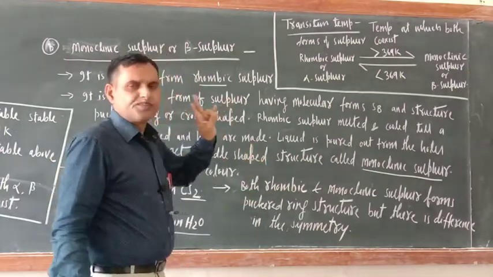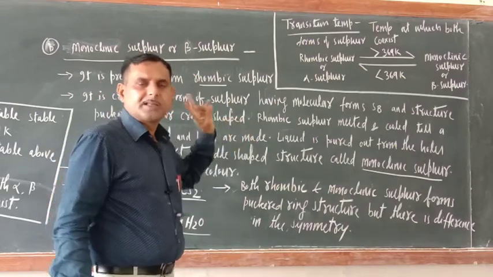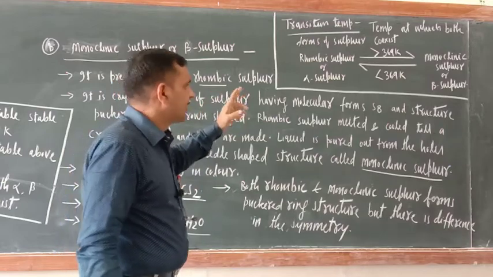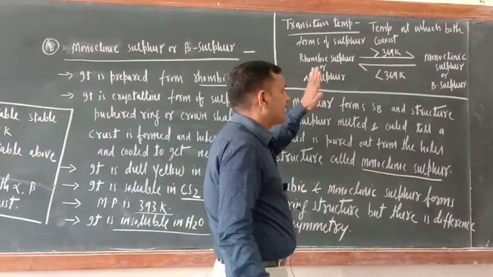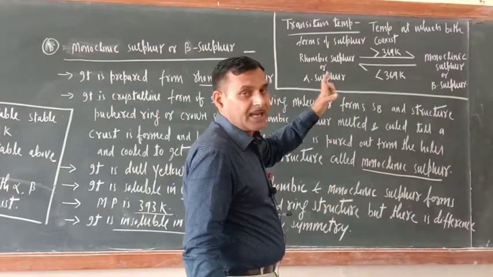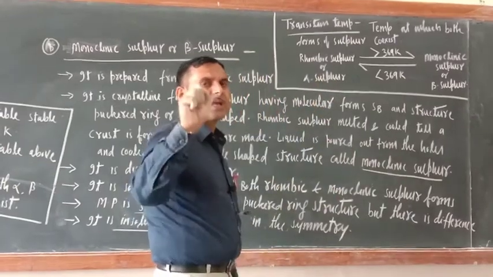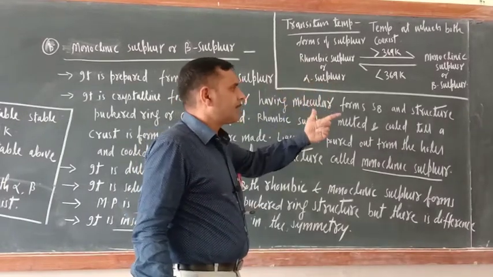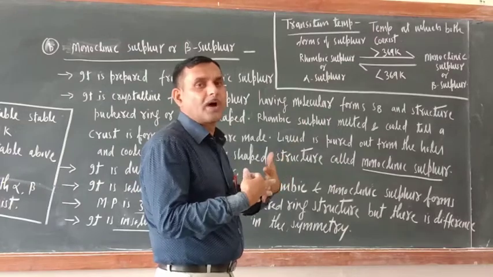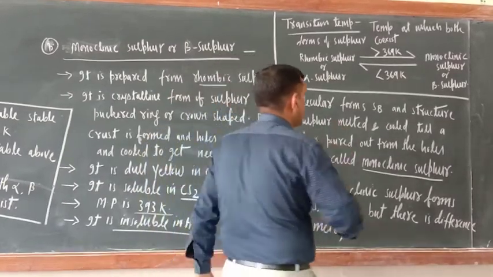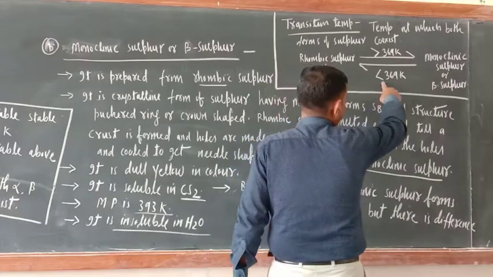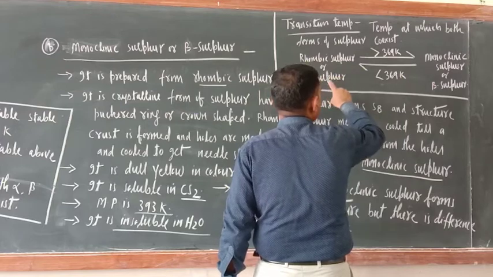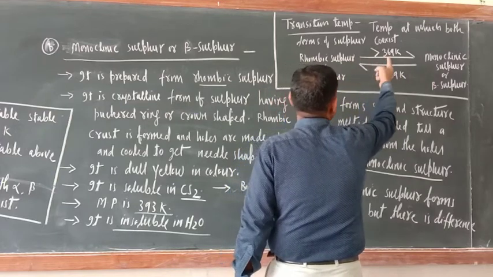So just see the two crystalline forms of sulfur, that is monoclinic sulfur and rhombic sulfur. These two are the crystalline forms of sulfur. So try to understand, there is one temperature, that is 369 Kelvin. At 369 Kelvin temperature, this rhombic sulfur or alpha sulfur, and monoclinic sulfur or beta sulfur, both forms coexist. Now try to understand here. Below this temperature, below 369 Kelvin, rhombic sulfur or alpha sulfur is stable. Above this temperature,